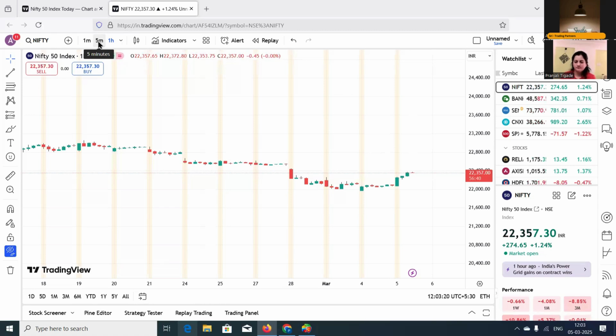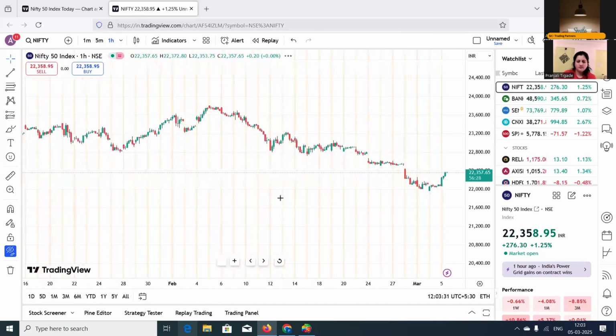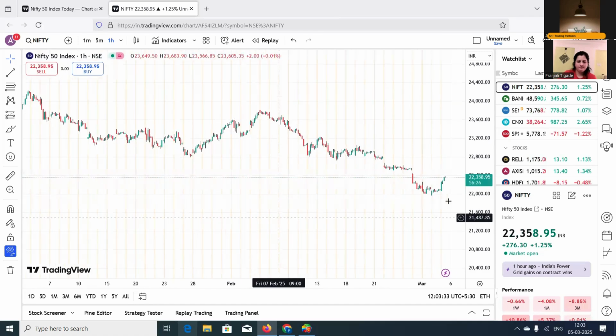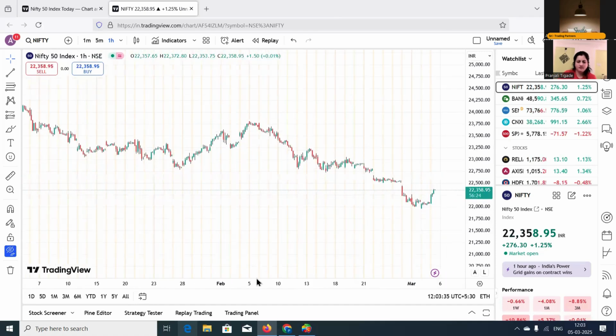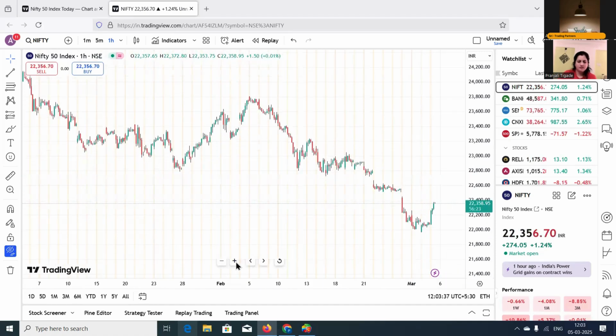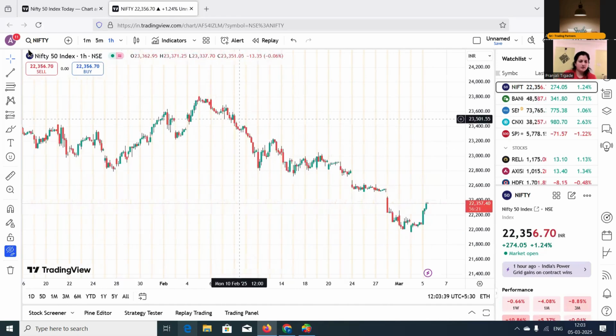Okay, now the next question I believe is the most requested question that we have: how to draw trend lines in TradingView. Okay. So suppose this is my 1 hour time frame chart of Nifty.